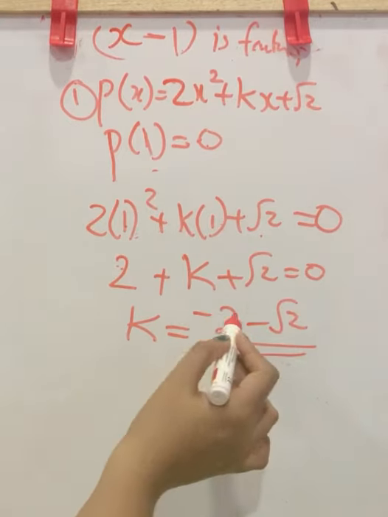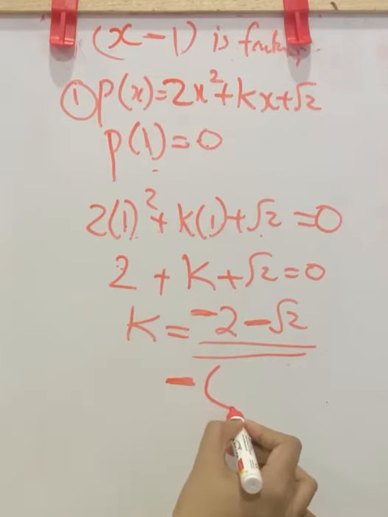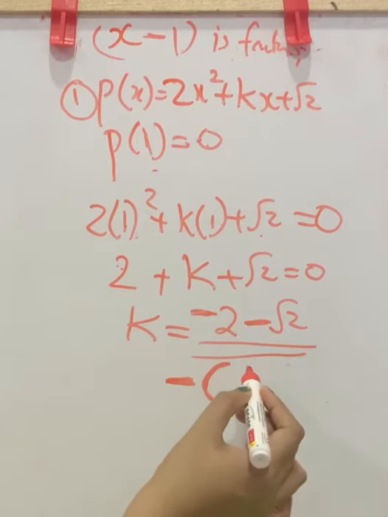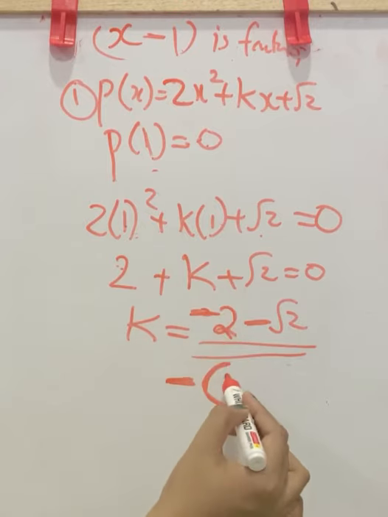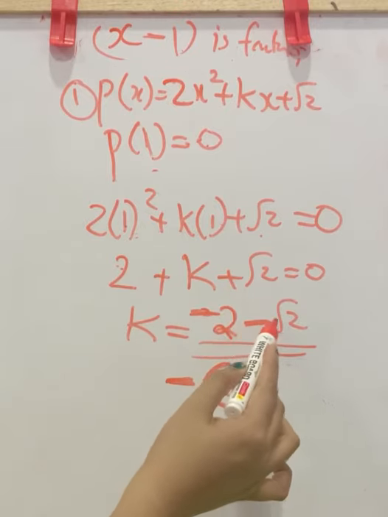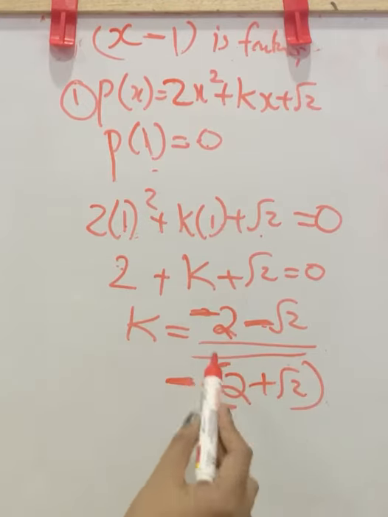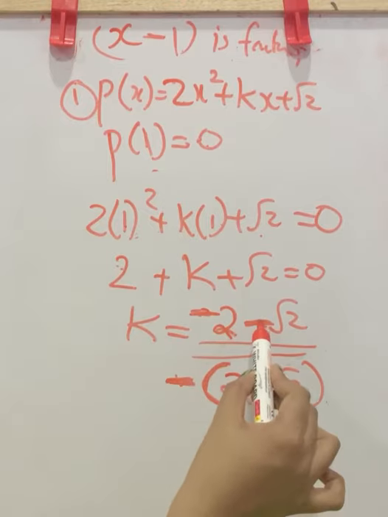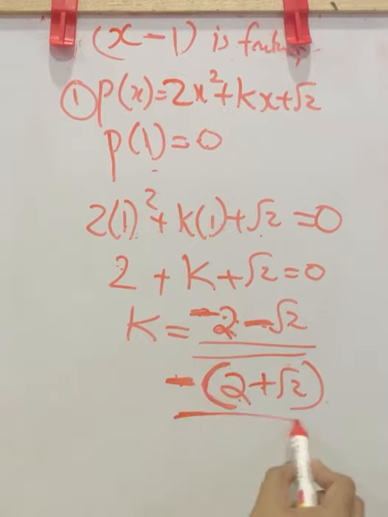If you want, you can take this negative common outside, then it becomes negative of. Whenever you take anything outside, there will be a bracket here. Then negative is taken to outside. This 2 will be inside the bracket. Here from minus root 2, negative is taken. So plus root 2 will be here. Let us open it and check. Negative into 2, negative 2, negative into positive root 2, negative root 2. So either you can write this answer or you can take negative as common.